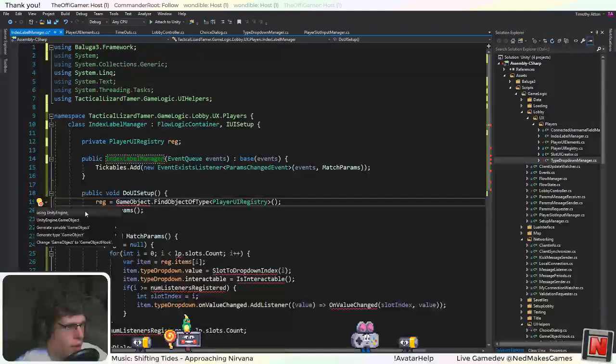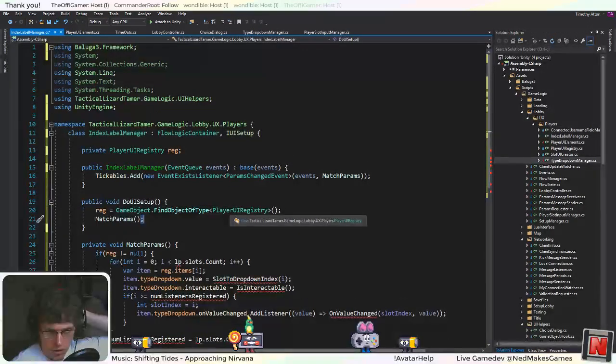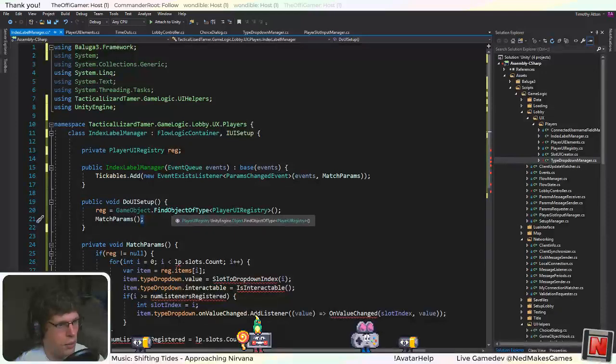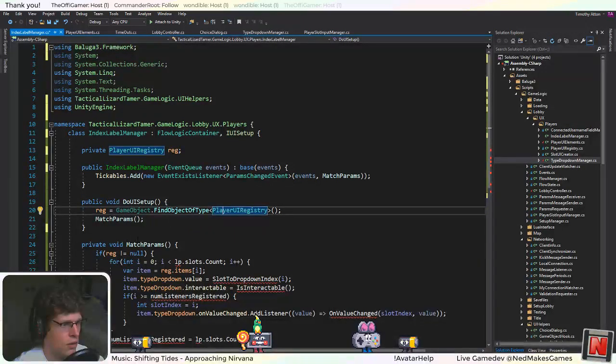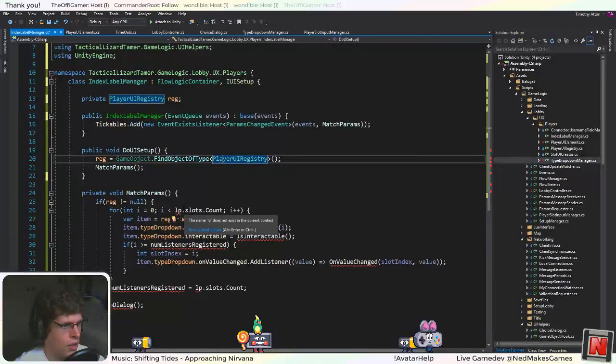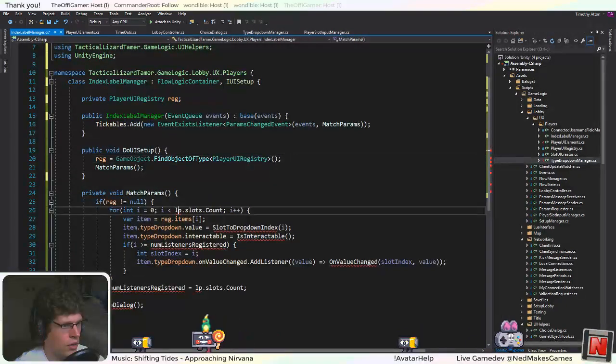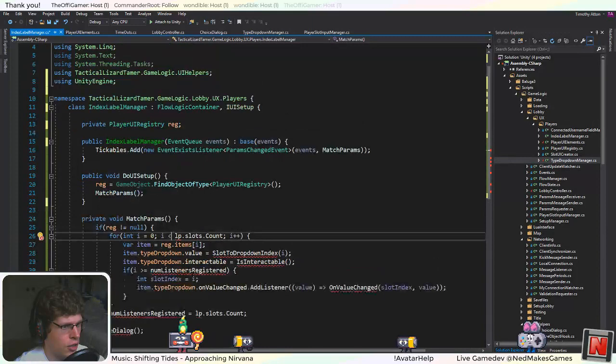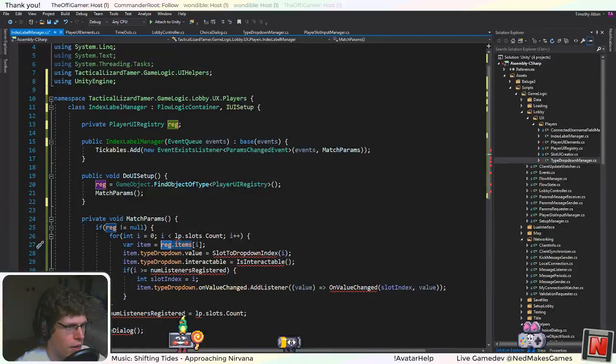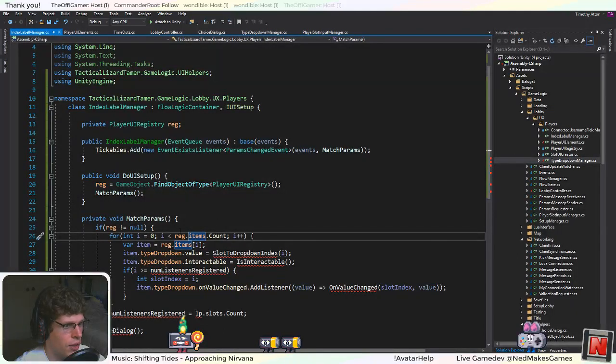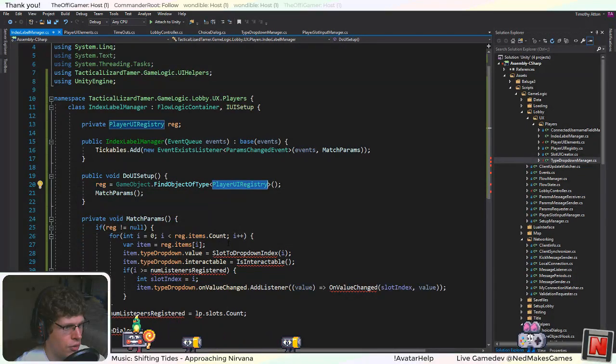Okay, and then here's where we get this object from Unity. We just use find object of type because there's only going to be one in the scene, so that works fine. And then here I loop through the lobby parameters, but I don't really need to do that. I can actually just look through every item in the player UI registry. We'll get that, and then